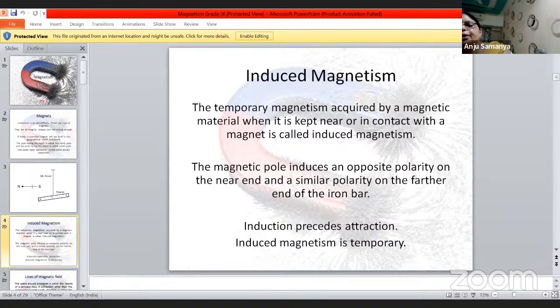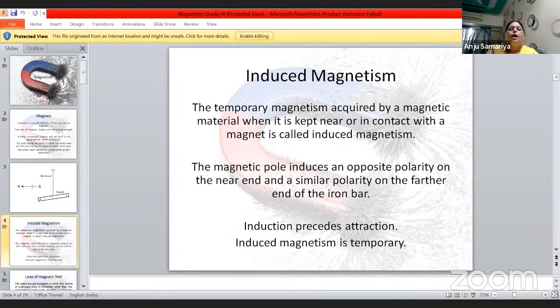The magnetic pole induces an opposite polarity on the near end and a similar polarity on the farther end of the iron bar. Induction precedes attraction. Induced magnetism is temporary. Now, lines of magnetic field. The space around a magnet in which the needle of the compass rests in a direction other than the geographical north and south direction is called the magnetic field of the magnet. The magnetic field line is a continuous curve.